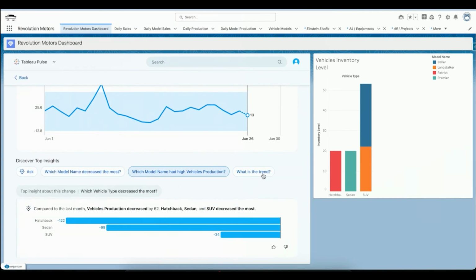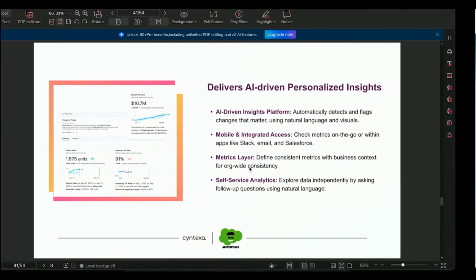All right. So again, I would like to go back to the demo site itself. Okay. Next we have Einstein Discovery. So Einstein Discovery